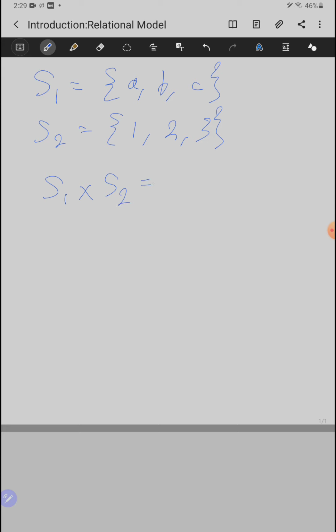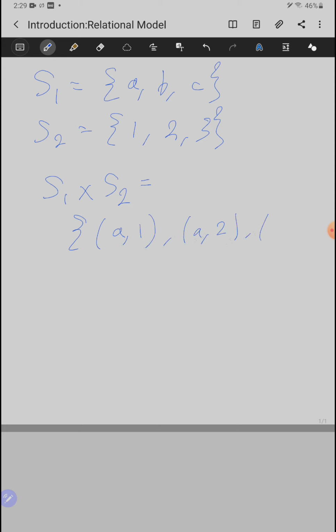So let's suppose we have set 1 equals {A, B, C}, set 2 equals {1, 2, 3}. Then the cross product, S1 cross S2, is the set of tuples A1,